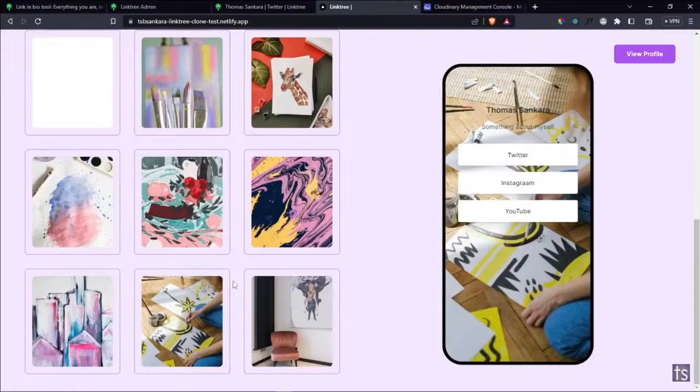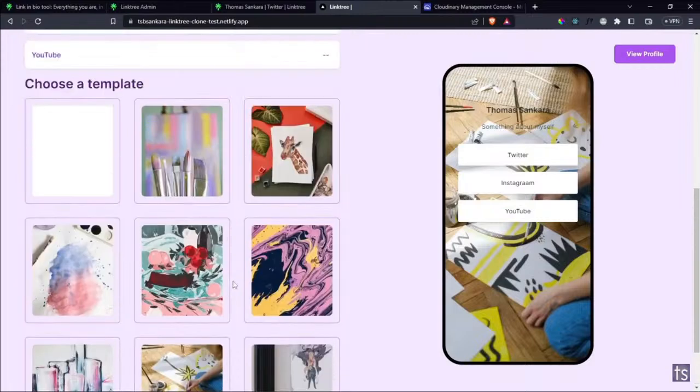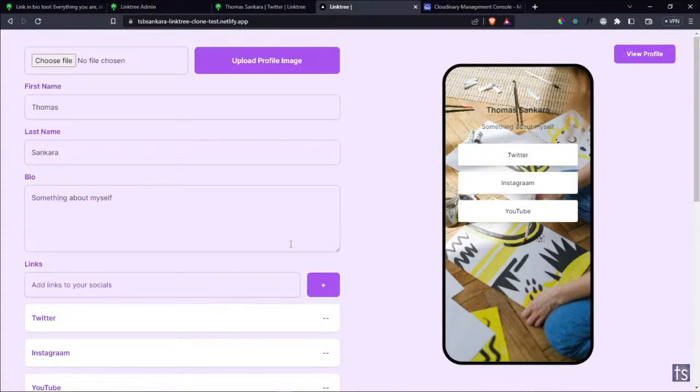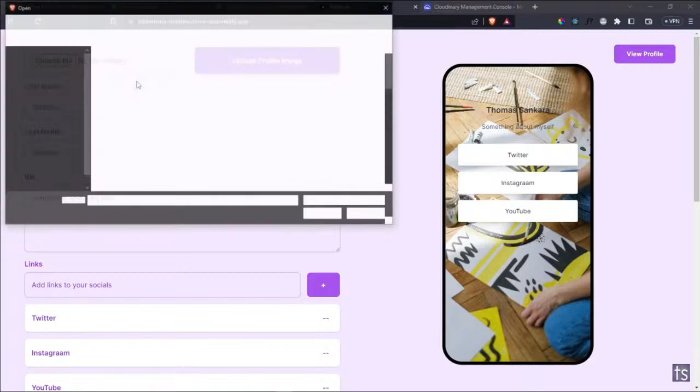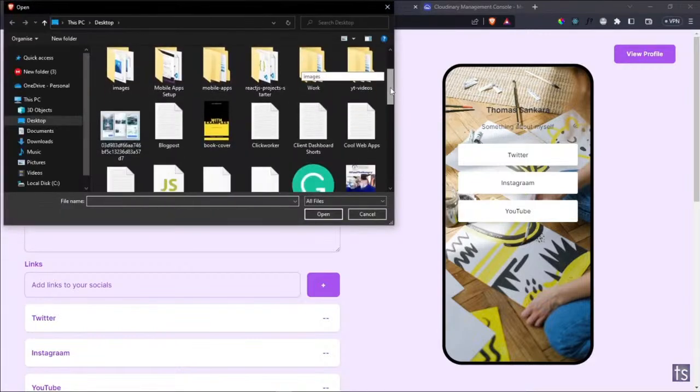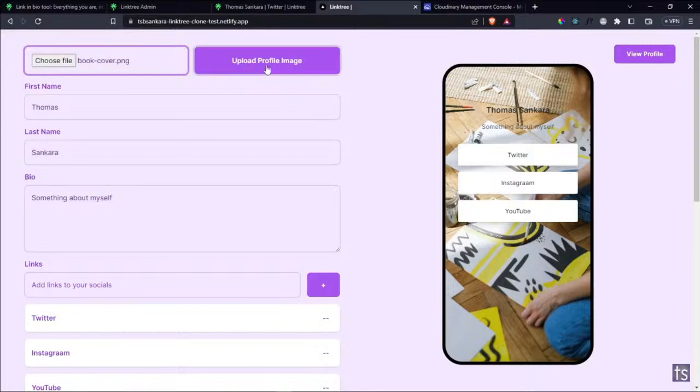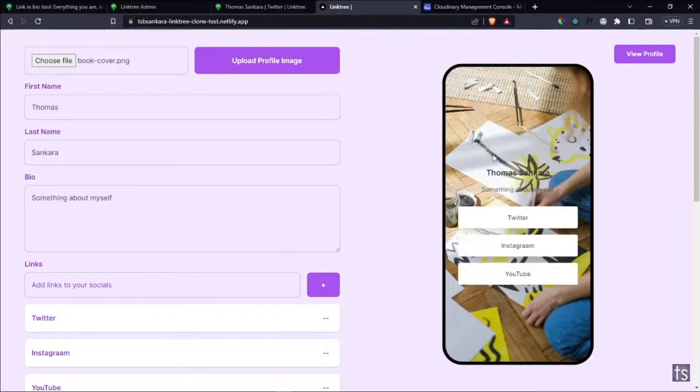And then before you can take a look at our profile, we need to upload a profile image. So I'm going to go ahead and choose an image here, and I'm just going to select this one, and then I'm going to upload it. And when I click on upload, it's going to take a while to upload to our Cloudinary account. And then once it uploads, it's going to appear right here. Would you look at that? Looking nice, nice, nice. So we're also going to be using Cloudinary so that we can host our images